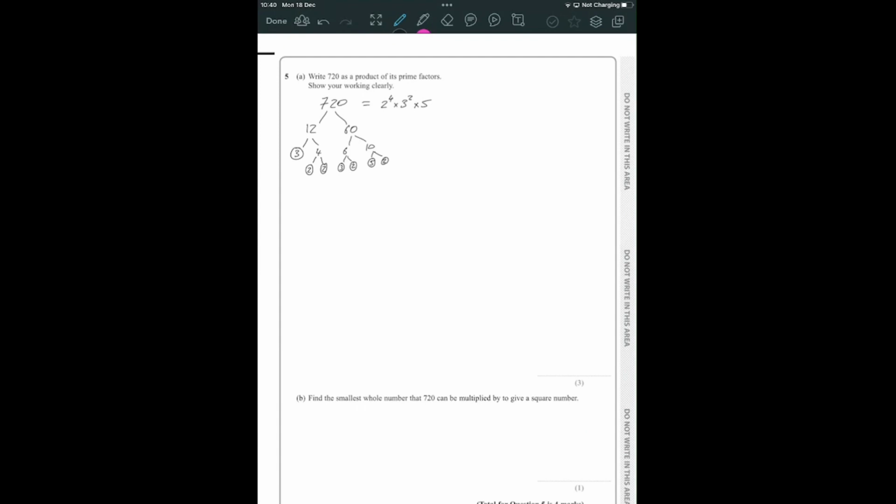Find the smallest whole number that can be multiplied to give a square number. Something to notice about square numbers is all of the powers in the prime factor form have to be even. We'll notice that 2 to the 4 is even, 3 to the 2 is even, but the 5 doesn't have a pair, so to make this a square number, we just need to multiply by 5 to give that an even power, so that the prime factorization